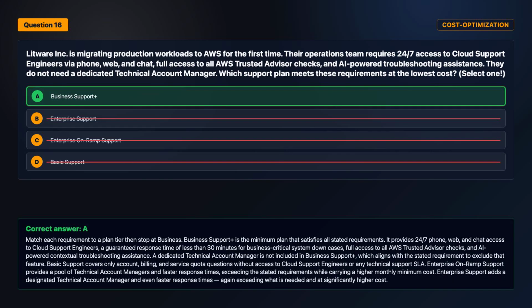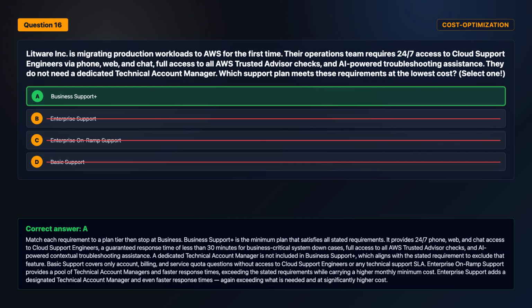The correct answer is option A. Match each requirement to a plan tier, then stop at Business. Business Support Plus is the minimum plan that satisfies all stated requirements. It provides 24/7 phone, web, and chat access to cloud support engineers, a guaranteed response time of less than 30 minutes for business-critical system down cases, full access to all AWS Trusted Advisor checks, and AI-powered contextual troubleshooting assistance. A dedicated technical account manager is not included in Business Support Plus, which aligns with the stated requirement to exclude